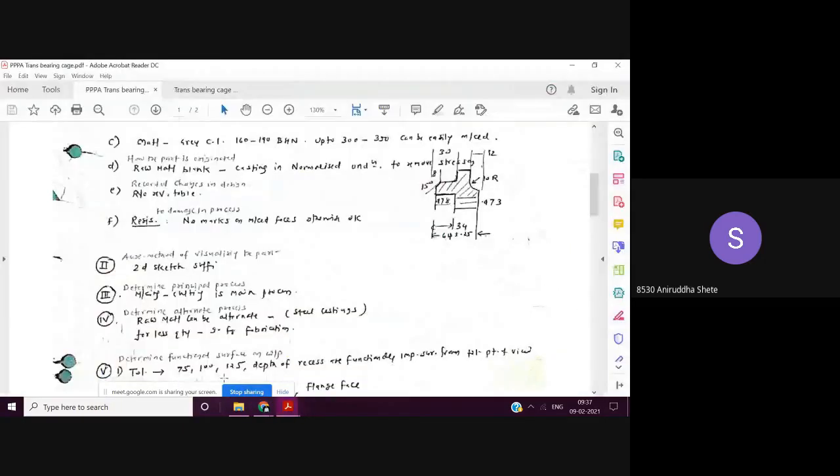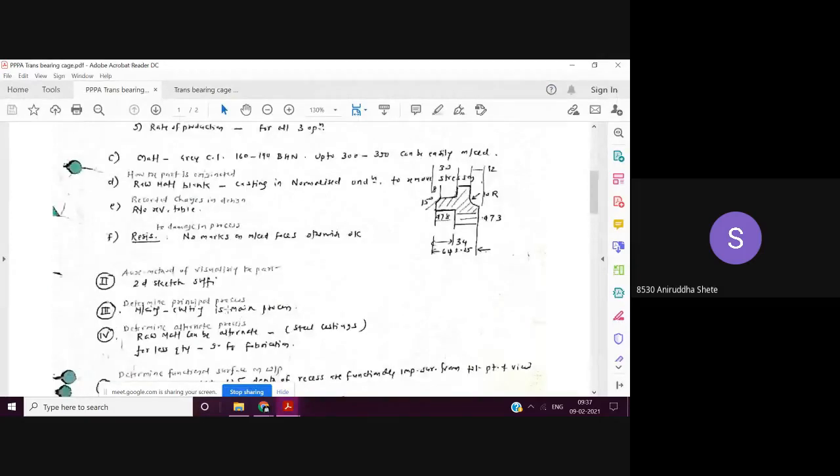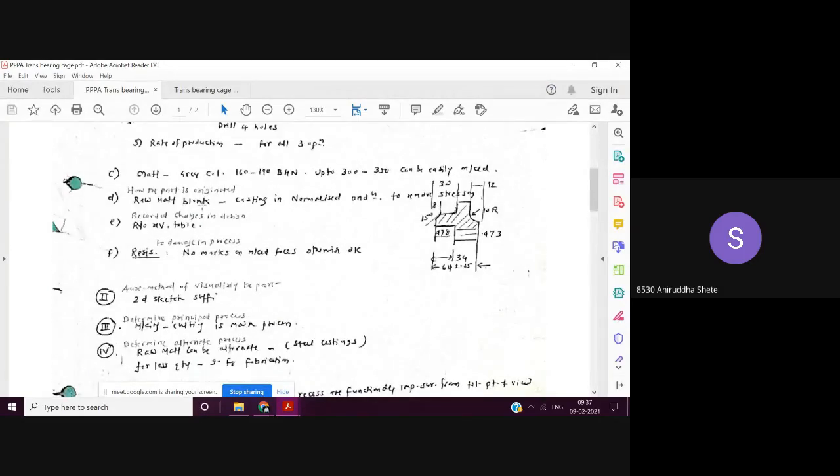So the casting raw material blank is cast, or it can be forged, or it can be welded. So you are writing here raw material blank is of casting. The normalized condition I am just writing additionally, so there is nothing wrong even if you repeat. Normalized condition to remove the stresses will come in implicit specification. But there is no harm even if you write it here also. But this has to come under your implicit specification.